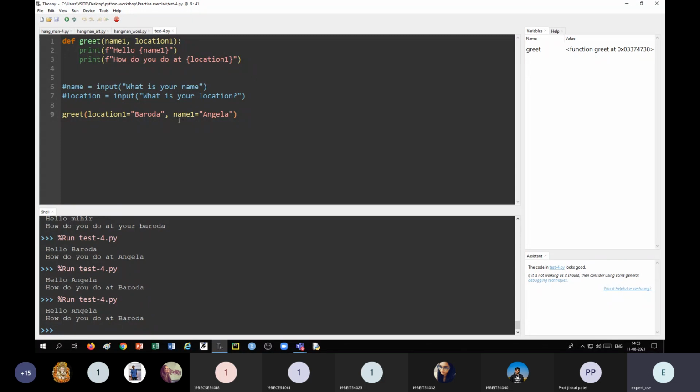So Python supports the keyword parameter system, whereas in other languages we have already studied, we have only the positional parameter system. So while calling the function, you have to maintain the values of the variables and write them in the proper order. But in case of Python, you can use the keyword parameter. So now let me take a very simple example again.